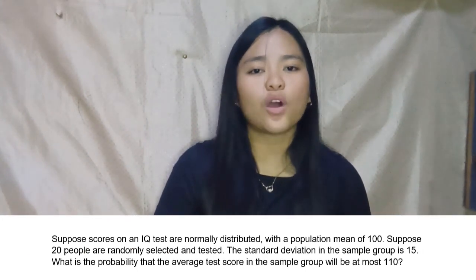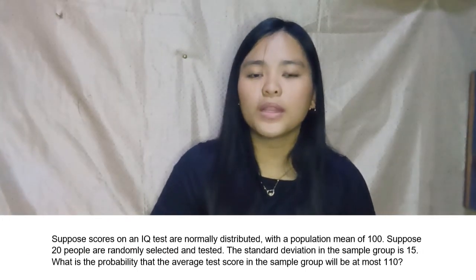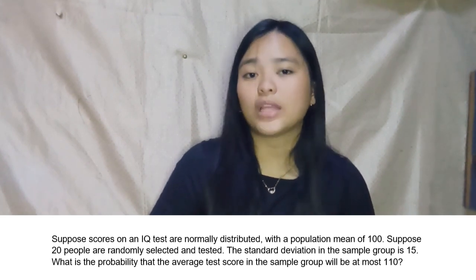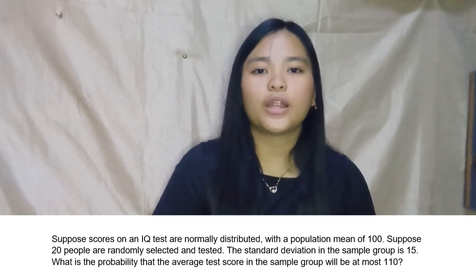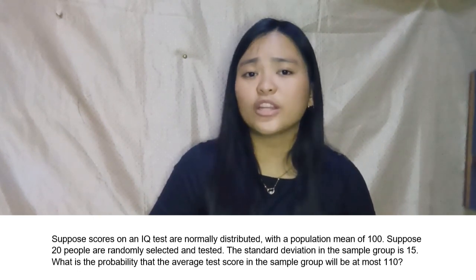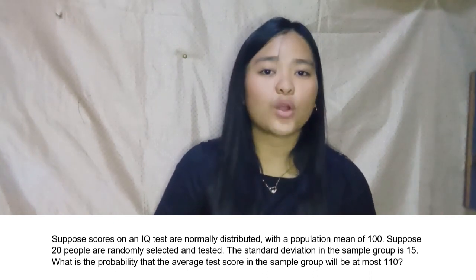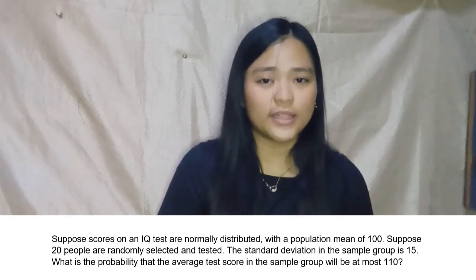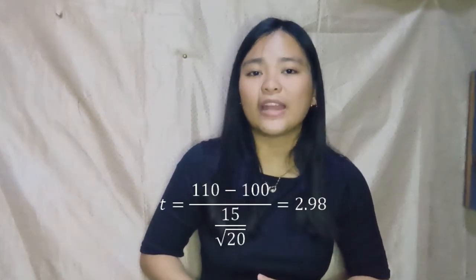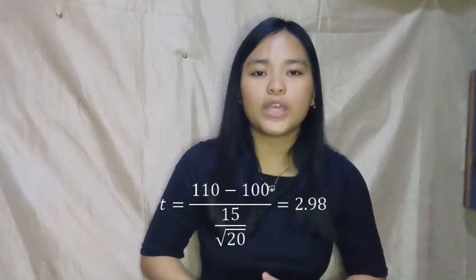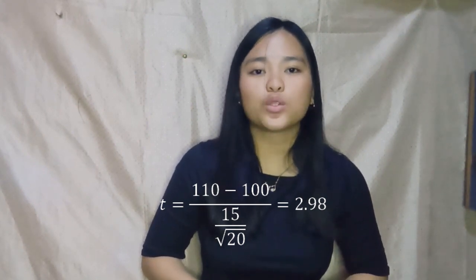size n. For example, suppose scores on an IQ test are normally distributed with a population mean of 100. Suppose 20 people are randomly selected and tested. The standard deviation in the sample group is 15. What is the probability that the average test score in the sample group will be at most 110? We can use the transformation formula to find the t-score of the problem. That is, t-score is equal to 110 minus 100 all over 15 over the square root of 20 equals